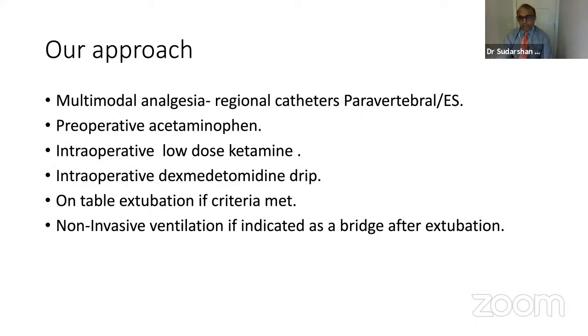So our approach in our institution, this is what we do. Pretty much everybody gets preoperative acetaminophen, a gram of Tylenol. And as part of the multimodal analgesia, we use regional catheters, paravertebral or erector spinae catheters. Intraoperatively, they all get an arterial line and a FloTrac to monitor the cardiac output index and stroke volume index. And to assist with the pain management, we use a low dose ketamine drip, 5 to 20 milligrams per hour,